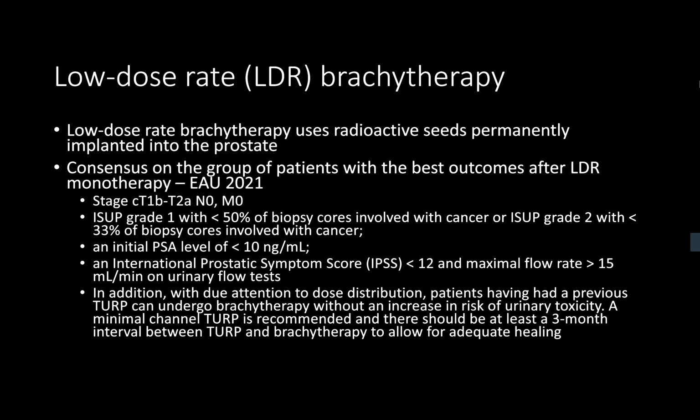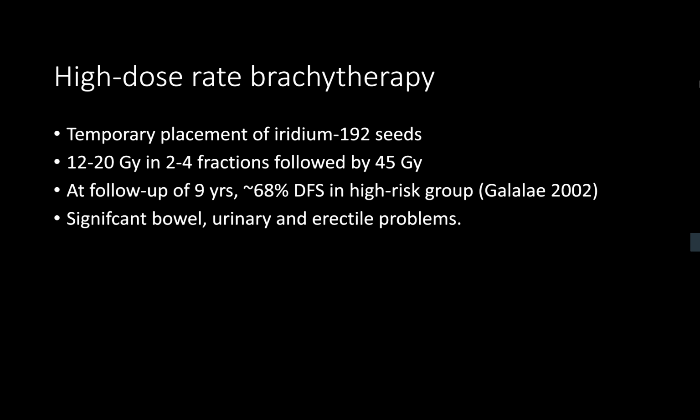In the case of low dose, these are seeds which are implanted through the perineum, transrectal ultrasound guided, and placed there, and the seeds remain effective for the next few months,